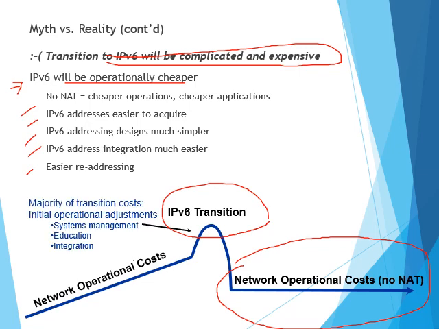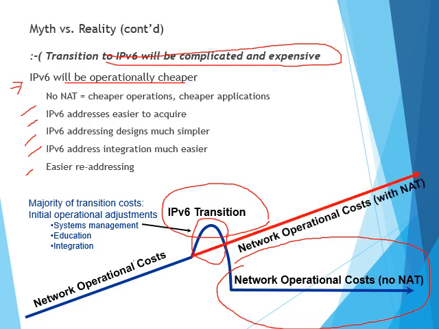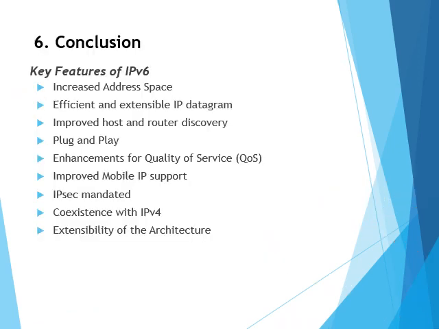The majority of the transition cost is over here. It requires some cost for the transition, system management, education, and integration. But later on, it will reduce the cost because we don't need a NAT router anymore. But if we are still using IP version 4, the cost will increase from time to time. So in conclusion,